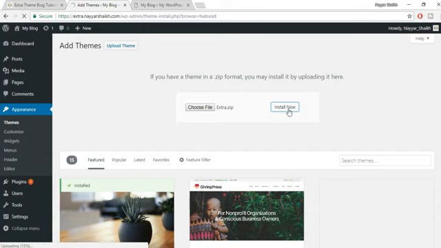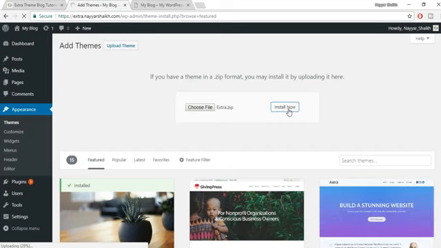So basically this will start installing your theme on the website, and after that we can start creating and making changes on our website. So by the time this theme is getting installed,